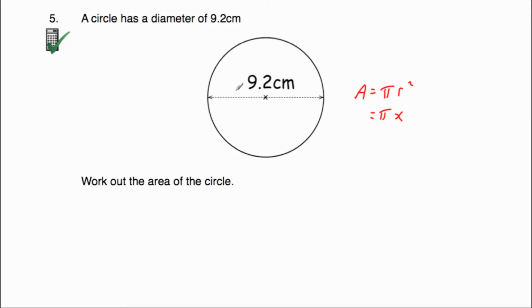So it's 9.2, so we're going to need to divide that by 2, half it, to find halfway across the circle. So 9.2 divided by 2 is equal to 4.6. So that means that the radius is 4.6 centimeters halfway across the circle. So the formula for the area of the circle is area equals pi r squared. So it's going to be pi times 4.6 squared. So we're going to type that in on our calculator. It's a calculator question. Pi times 4.6 squared equals